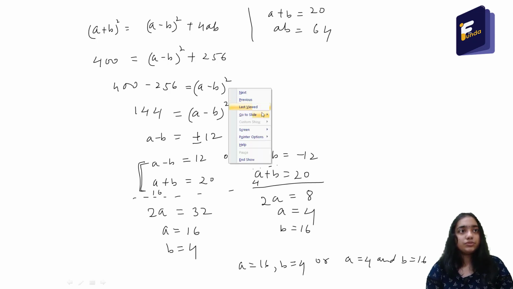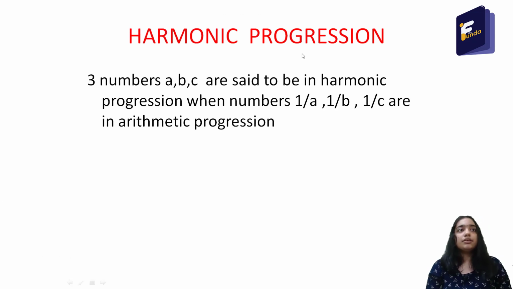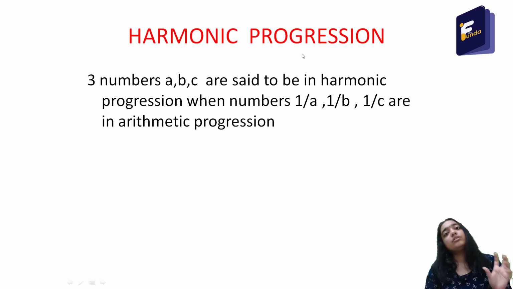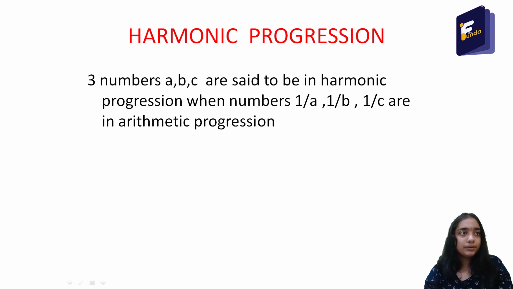So let's move. Now we will learn the definition of harmonic progression. Three numbers A, B, C are said to be in harmonic progression when the numbers 1 by A, 1 by B, 1 by C are in arithmetic progression. So if the reciprocals of three numbers or five numbers or anything are in arithmetic progression, then those numbers are in harmonic progression. For example,